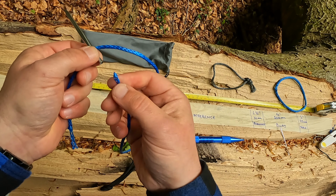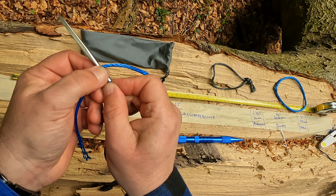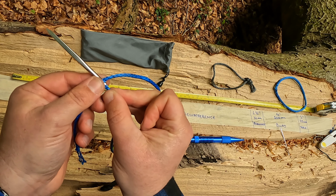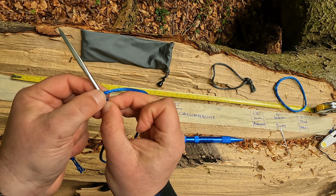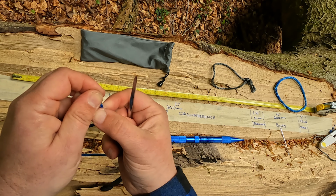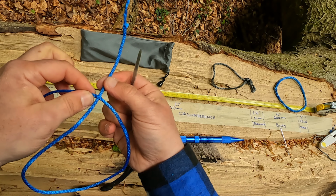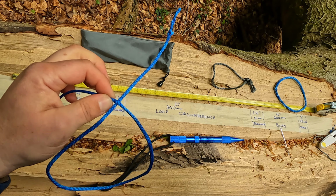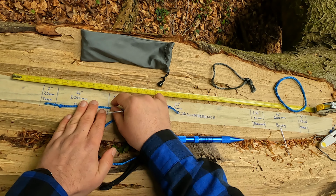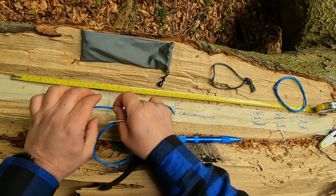Take the other end of the cordage, push it into the recess at the back of the fid, and then push it through. And we just pull the tail through. So now we have the line threaded through itself. So we need to do exactly the same again on the other end. Going to measure out our 5 inches, 125 mil of bury. So we give it a pinch,